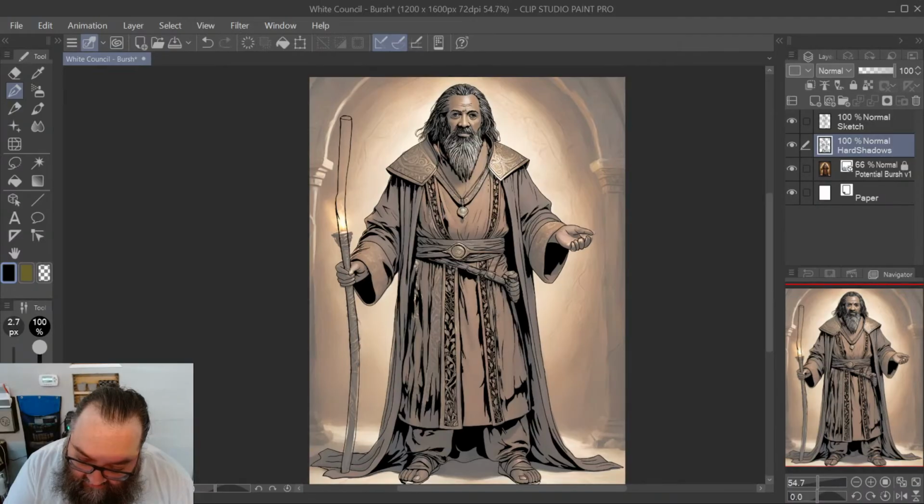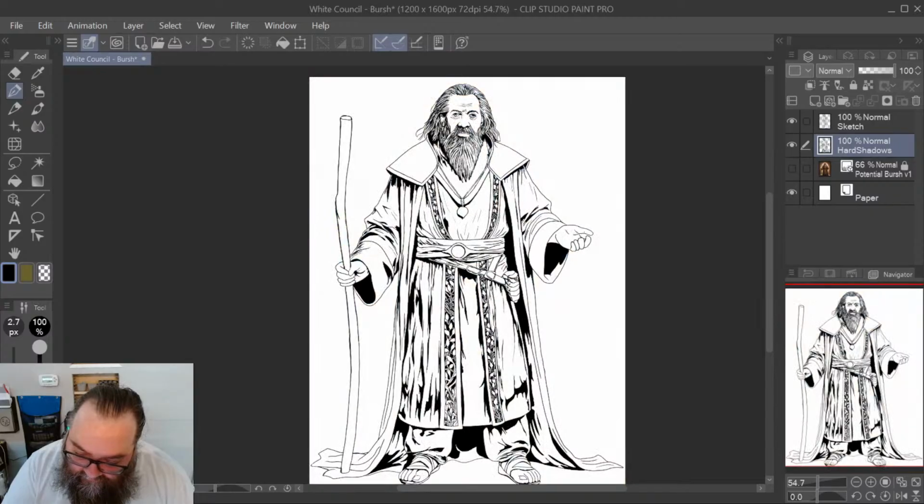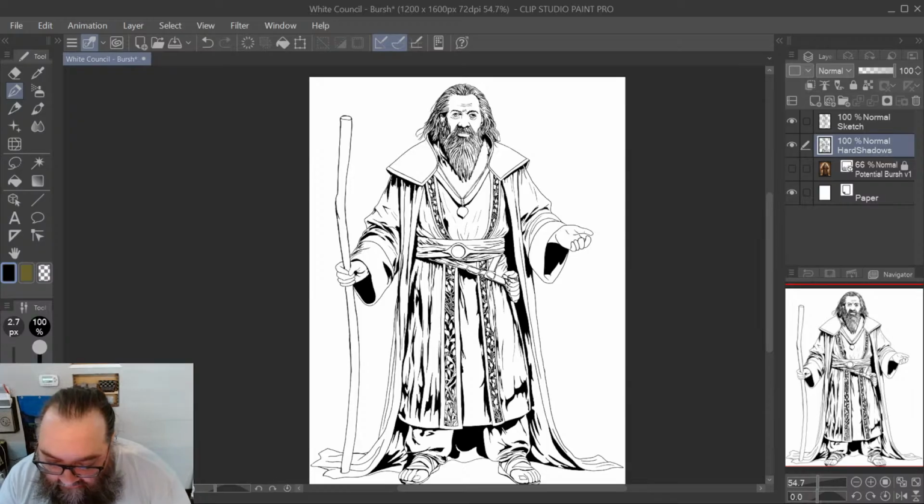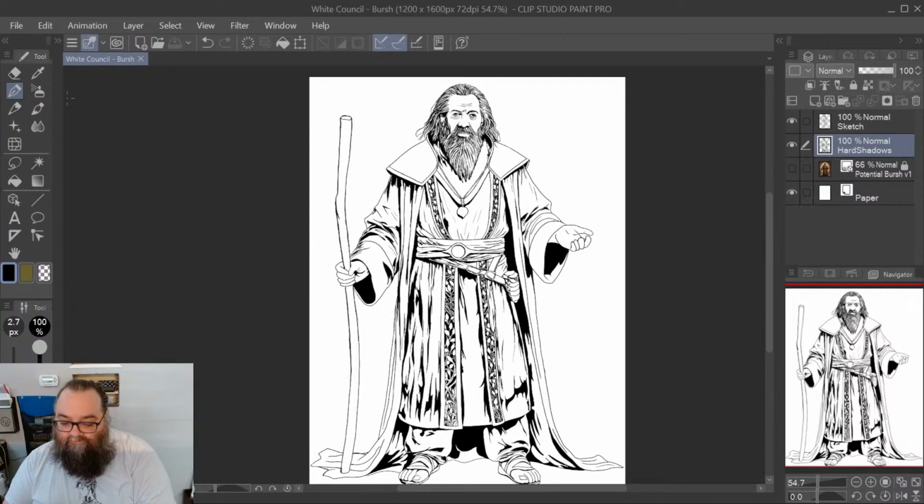All right, so I think some more shading in here for sure. Got a little more shading down here to do. I got to do something with his staff still. Other than that, well, maybe some detail up here. But other than that, I think I'm pretty much done with this one. It's just about time to move on. A little more work to do, but we're almost there.